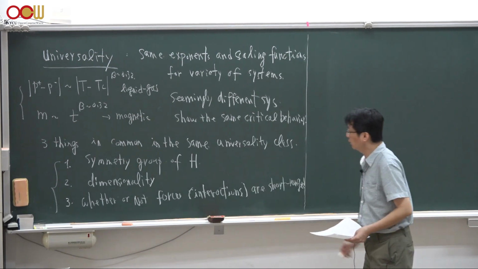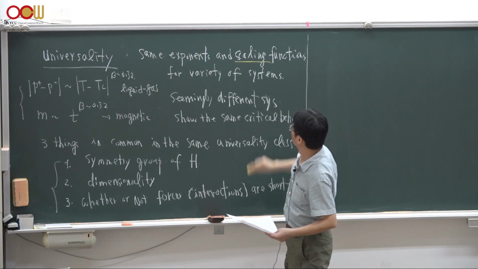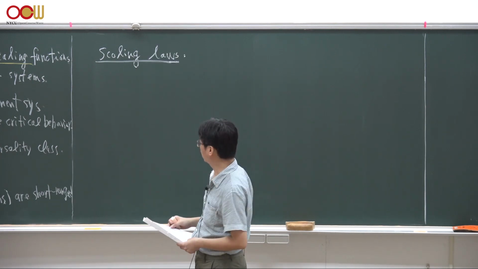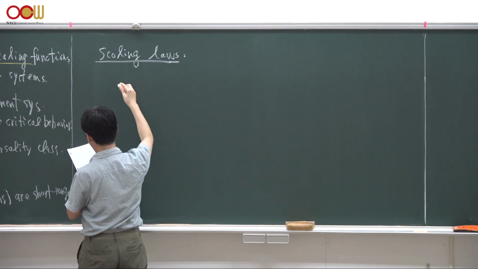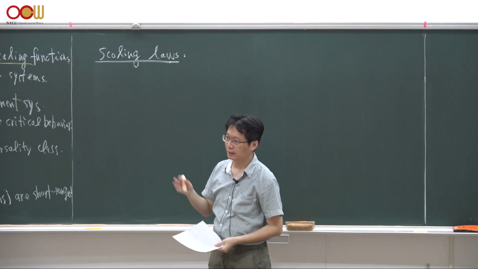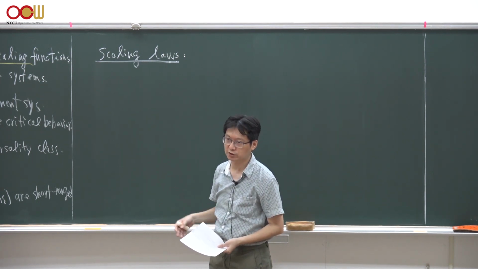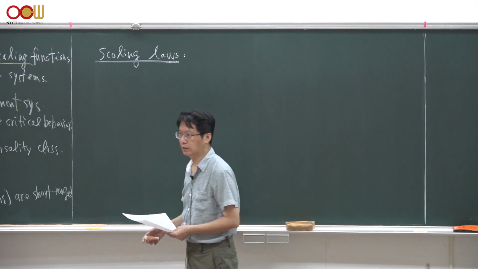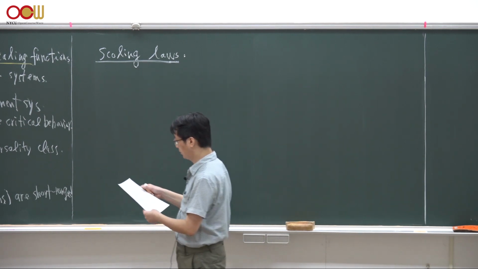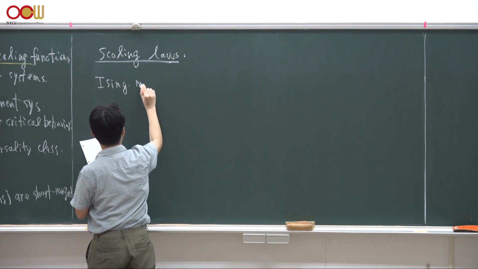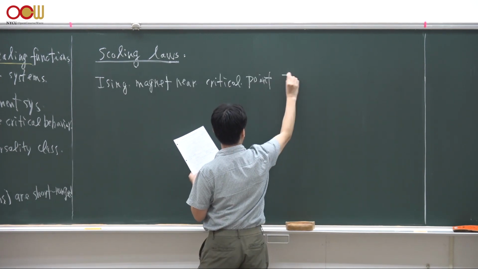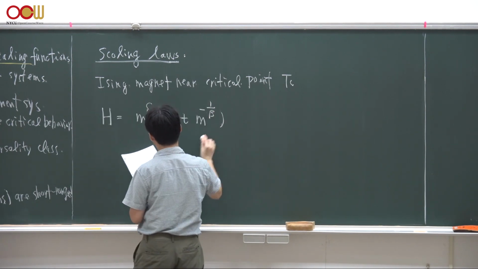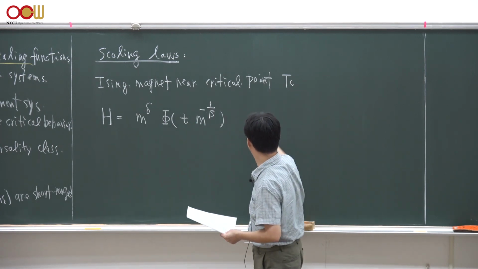So now let's talk about scaling, because this is also a very important key concept in phase transitions. Scaling shows up near the phase transition. As I mentioned last time, for a system going through a phase transition, we could take experimental data of an observable, such as specific heat, magnetization, or transport properties, as a function of temperature and also a tuning parameter. For example, in this Ising magnet near the critical point at Tc, we could measure the magnetization near the phase transition as a function of temperature or reduced temperature,